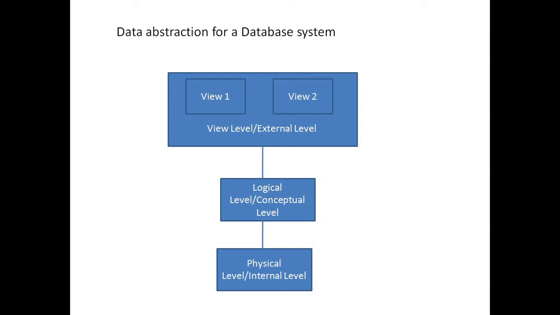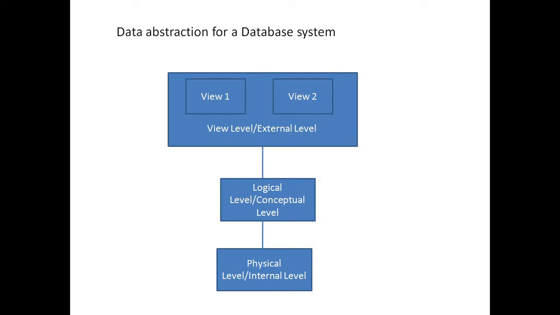At the third and highest level we have the external level, which is also called the view level. This is the highest level in the three-level architecture of a database, and it is also the closest level or phase to the user. The external level only shows the relevant data which is required for the user in the form of views and tables, and it hides irrelevant data. Different users can see the database as different views as per their requirements or needs.